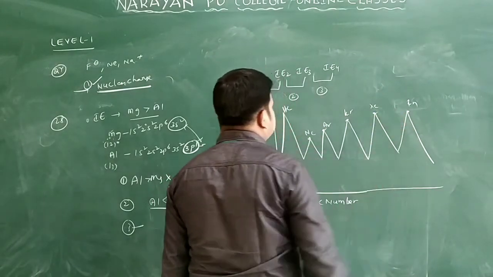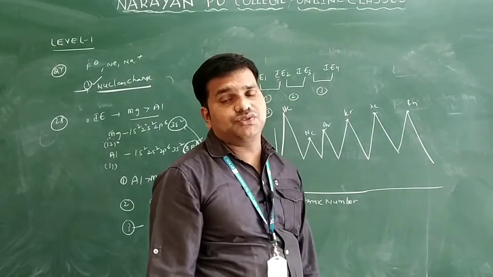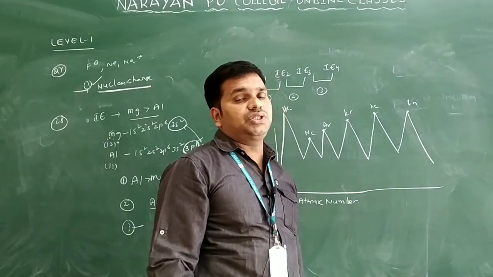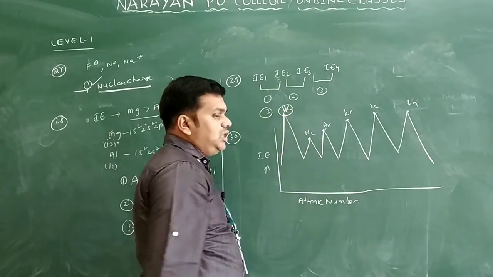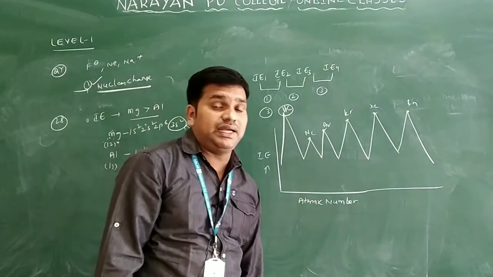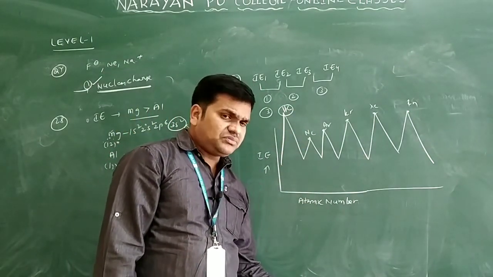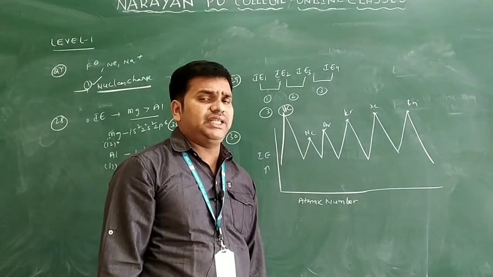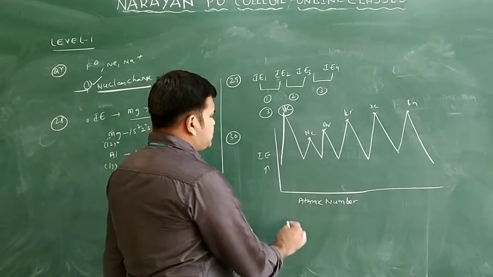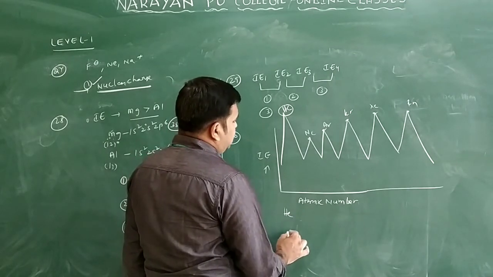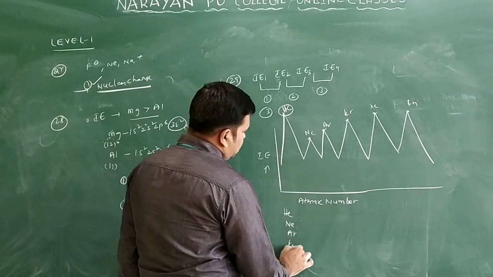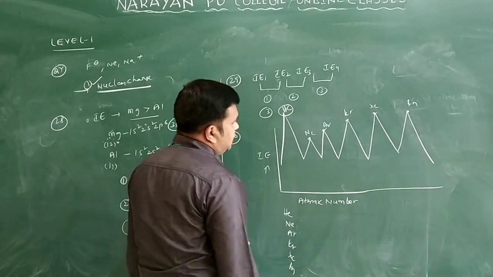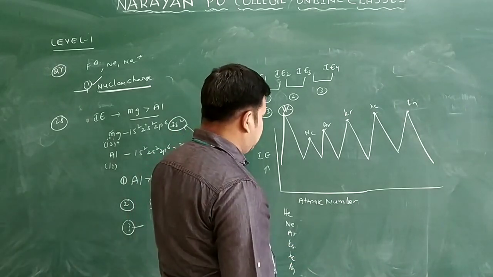These noble gases have the highest ionization energy values because of which reason? Stable electronic configuration; they do not lose electrons only. But which one has the highest peak here? Helium only, because it is the first noble gas. It has the highest ionization energy because it is the starting element. You see helium, neon, argon, krypton, xenon and radon only. So these are the peaks present here.